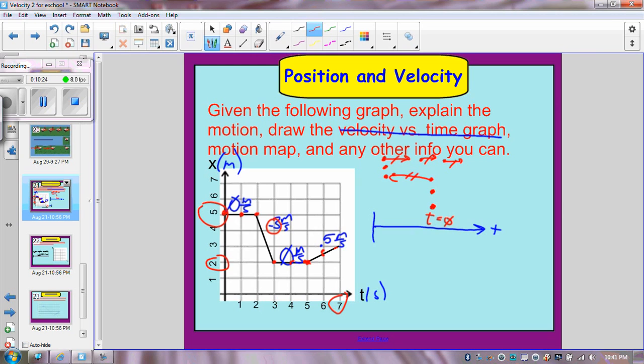Now, there's one thing in here that I need to change. Notice that according to my motion map, I'm saying the object ended right here, somewhere past where the object actually started, when in reality, the object never makes it back where it started. It started at the 5-meter mark, but only made it back to the 3-meter mark. So maybe what I can do, and this is why you always want to have pencils on physics tests so you can erase, is I'm going to actually pull